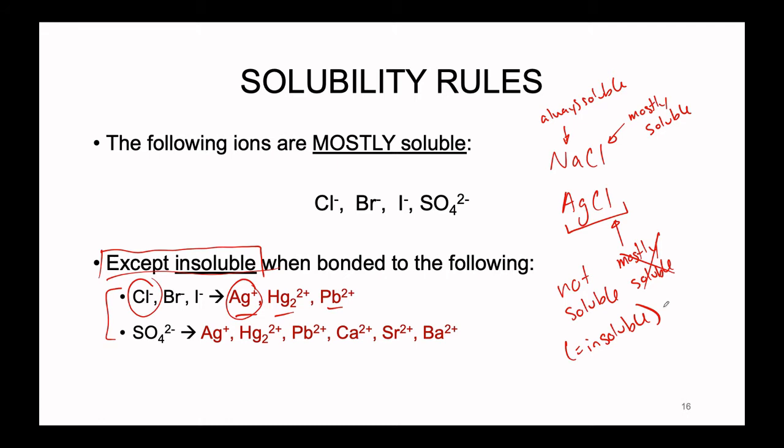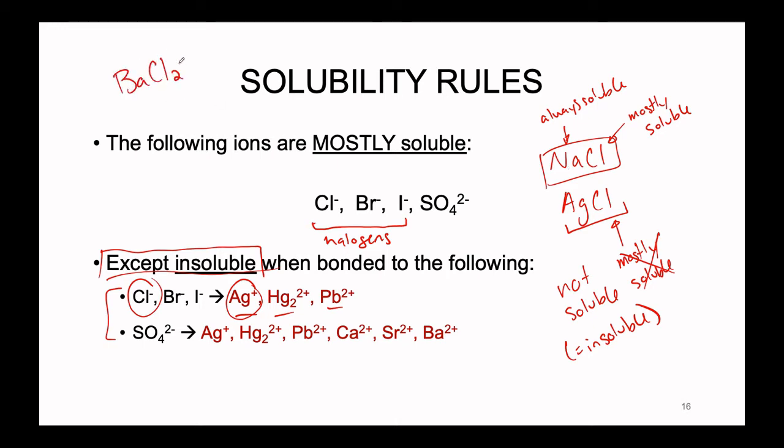So we can see that bromine and iodide are also on this list, just to again observe a pattern. The halogens are here and present, at least the halogens aside from fluorine. Each of these halogens characteristically behaves the same way. If they come into contact with silver, mercury 2, or lead, they will become insoluble. They will not break down in solution. However, with any other cation, just like the sodium chloride case, we would assume that it is going to be soluble. So something, for instance, like